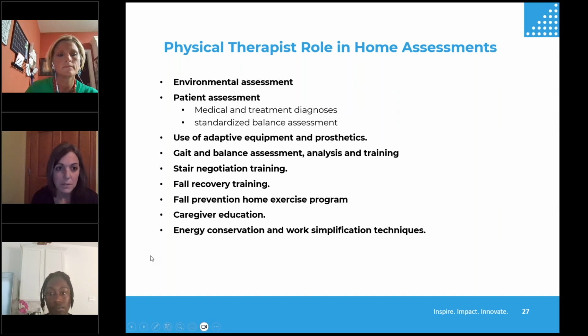For physical therapists, their role in the home assessment process includes the environmental assessments that we've been talking about, also the patient assessment, looking at their medical and treatment diagnoses and how that will impact them within their home environment. Looking at standardized balance assessments, the use of adaptive equipment and prosthetics, gait and balance assessment, analyzing and also training that patient based on those deficits, stair negotiation training, looking at training a patient with fall recovery,